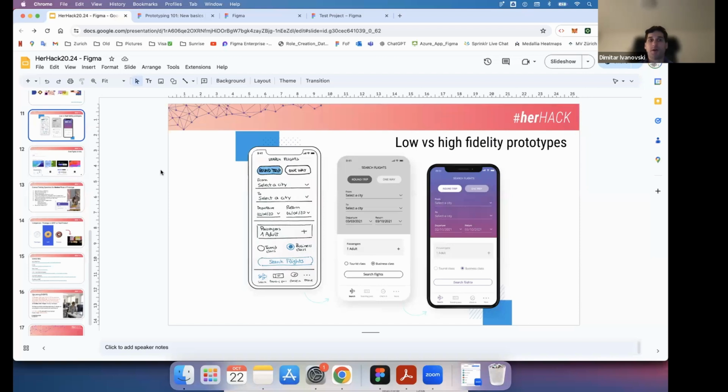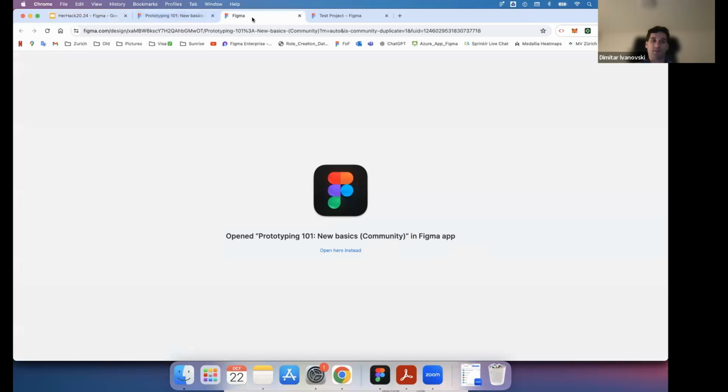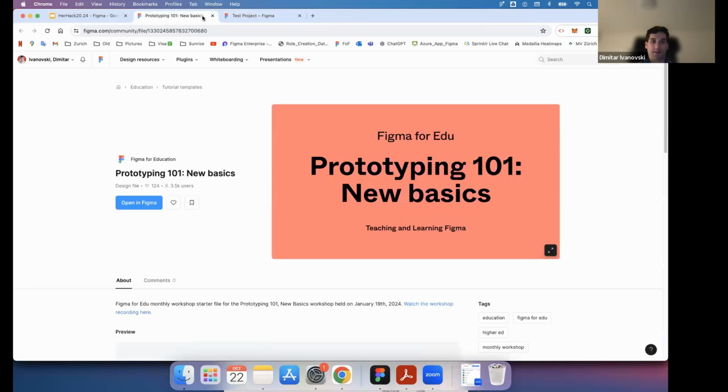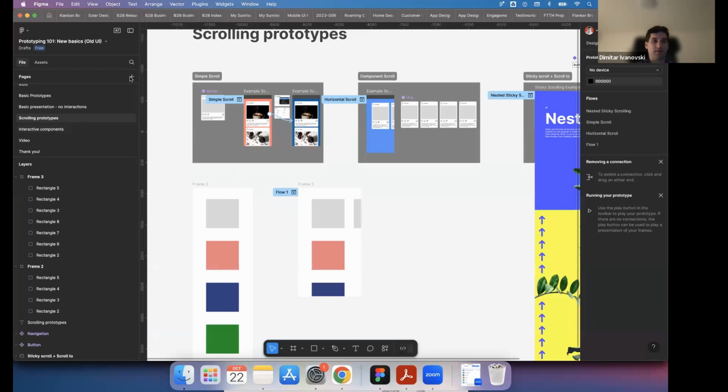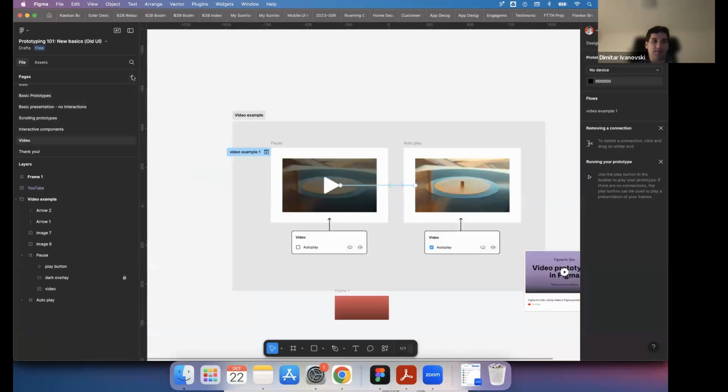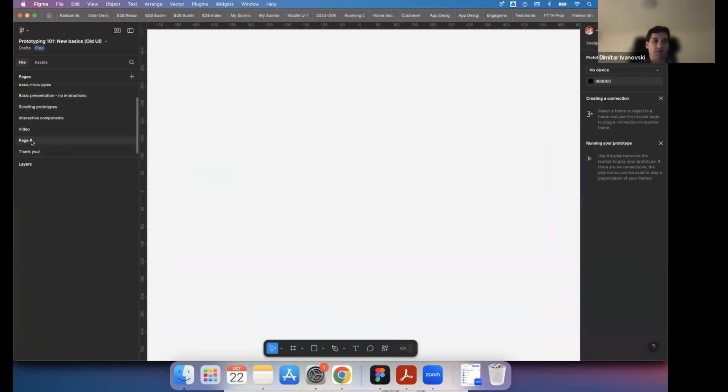And I want to show you how you can create a prototype out of a sketch image, right? So let me open the file again. Here I am on the last page. I click on the plus button, file, plus new page, and I'm going to rename it. I want to build a sketch